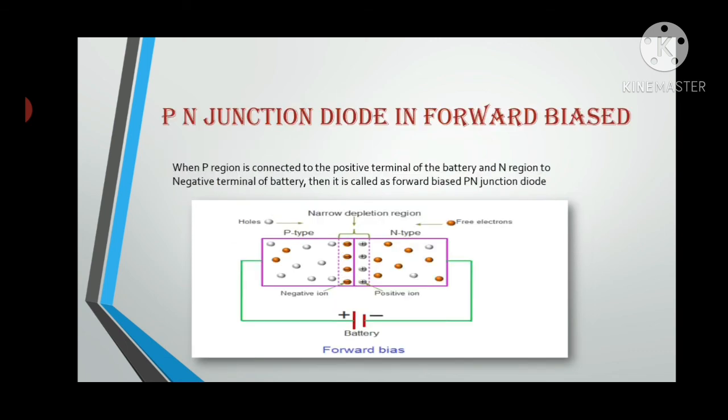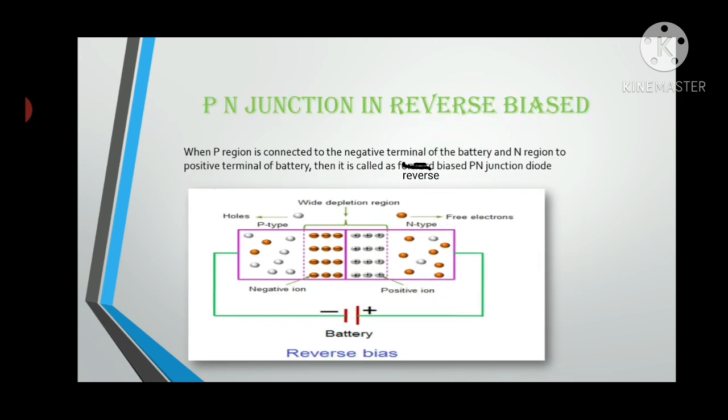So this is the diagram which explains the PN junction diode. Now the PN junction diode working in forward bias. What do we mean by forward bias? When the P region is connected to the positive terminal of the battery. In the diagram, on the left hand side, the P type is connected to the battery's positive and the N type is connected to the negative. Due to this there is an increase in current, so the forward bias current is produced. This is called the forward bias PN junction diode.